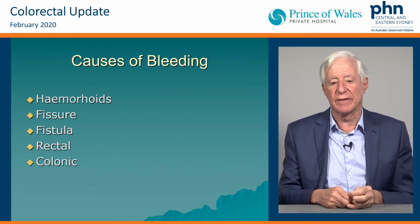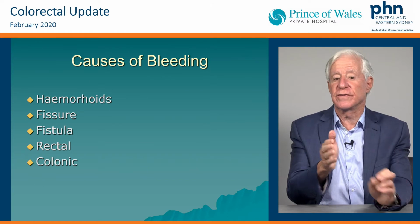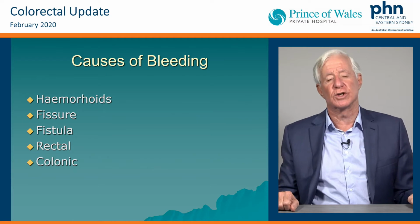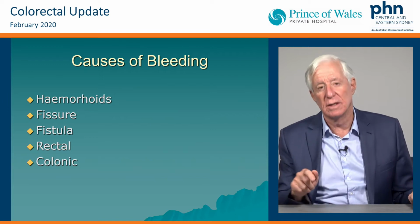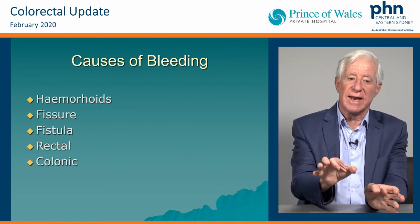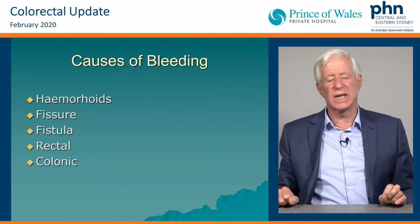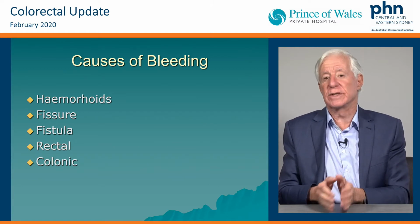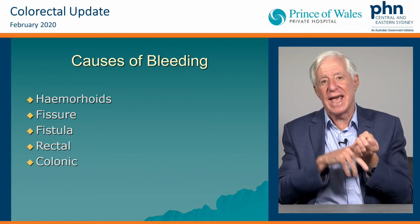But if you're unlucky enough to get spasm in the exposed internal sphincter, then the last thing your internal sphincter is going to want to do is to obey the anorectal inhibitory reflex, which occurs when that rectum gets full at its most distal narrowed end and your internal sphincter is told to relax. It says, I ain't going to do that because I'm not going to hurt my owner more. So it stays tight. Now eventually the owner has to go to the loo, but does so against an incompletely